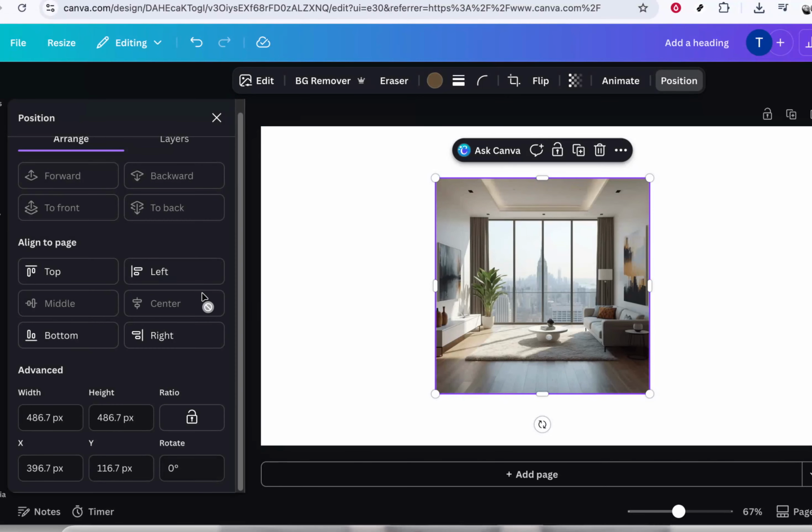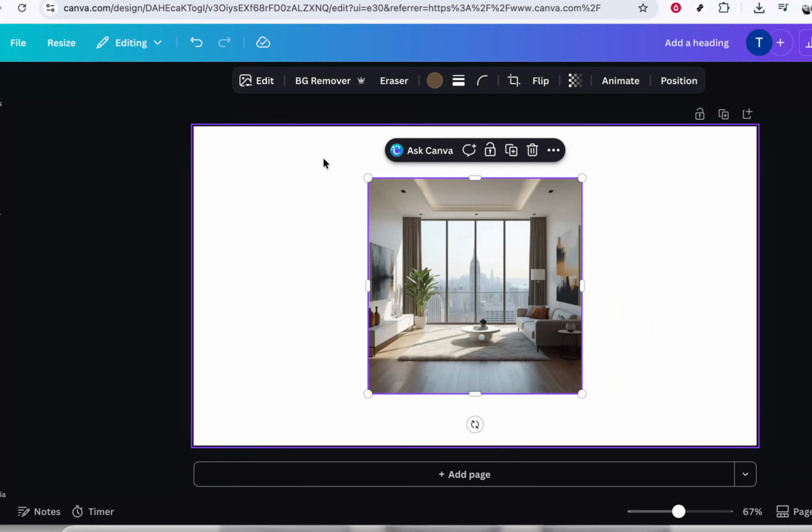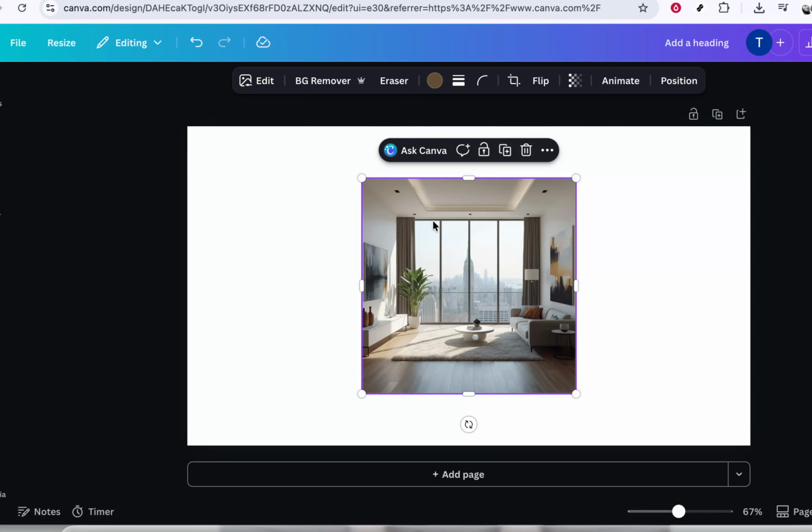In today's video, I'm going to teach you how to change aspect ratio in Canva. We'll walk through this using a very simple example, so you can follow along on your own screen. Go ahead and open your design in Canva, and make sure you're on the page that contains the image you